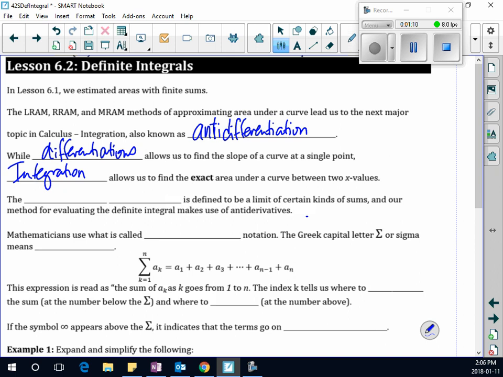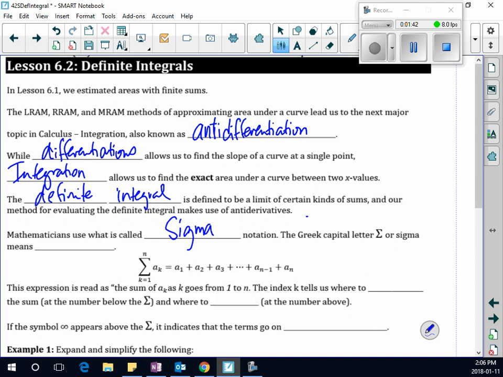The definite integral is defined to be the limit of a certain kind of sums, and our method for evaluating the definite integral makes use of antiderivatives. Mathematicians use what is called sigma notation. The Greek capital letter sigma